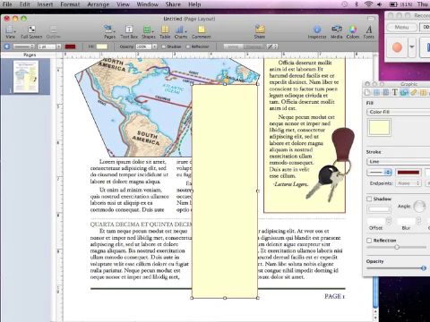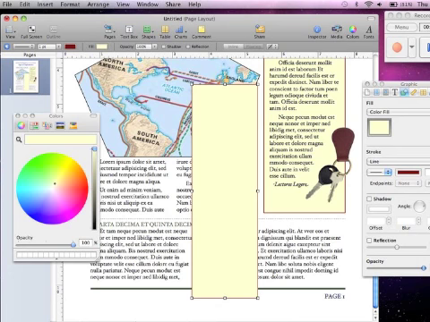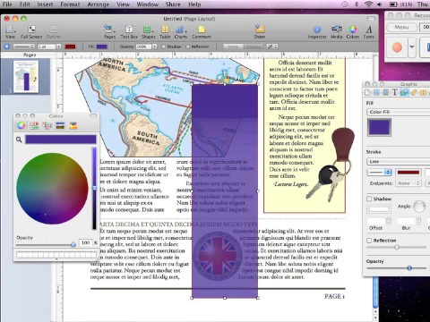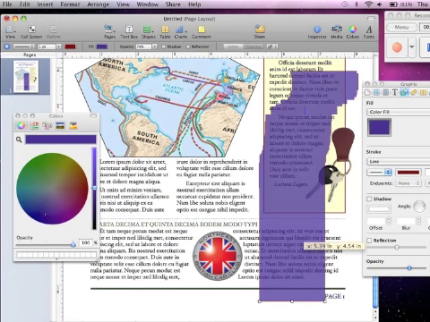It's the graphic icon. I'm going to change it to maybe that purplish color to match the title that I have. And I might think that's a little too bold, so what I could do is make it a little bit lighter like that. Okay, and just as an FYI,